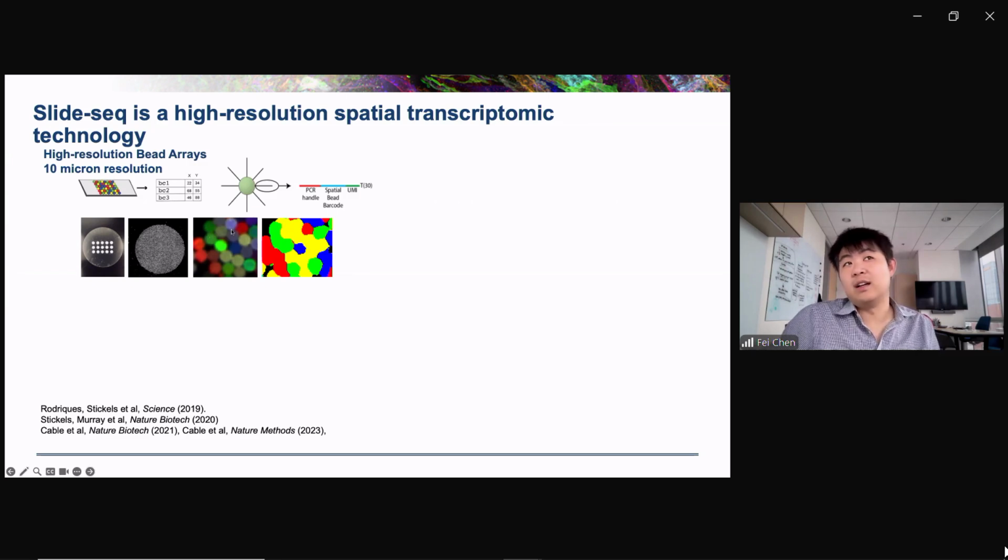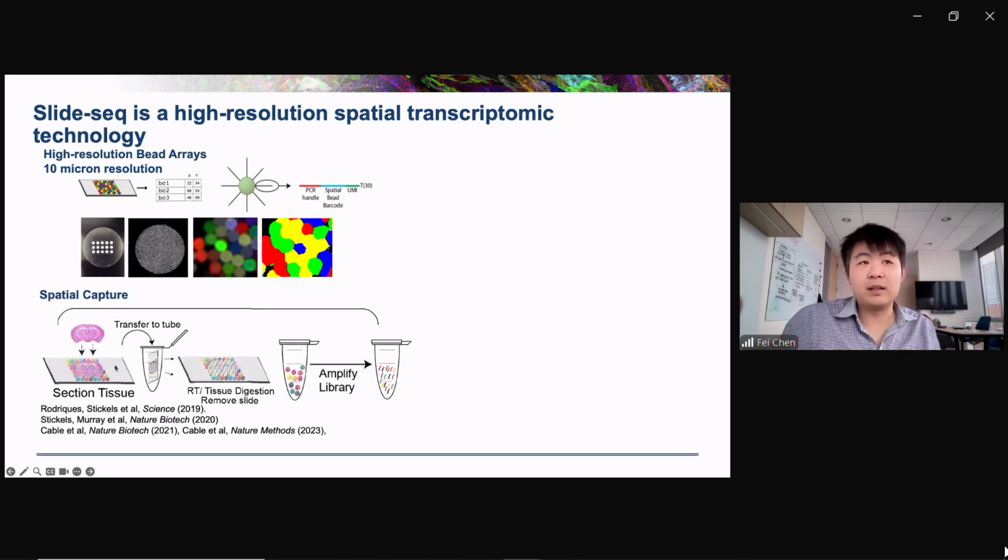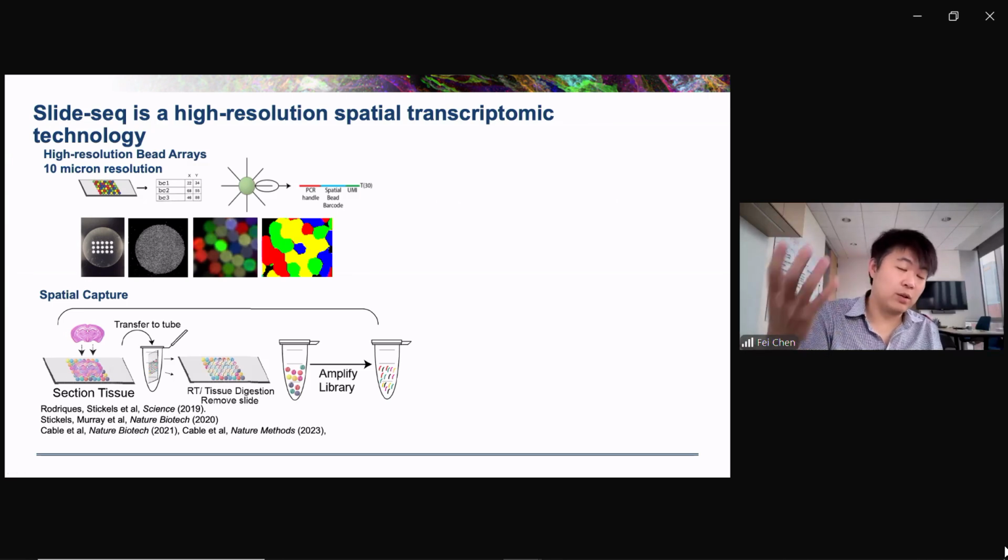So this is like one sequencing reaction, and you can see the different colors. They represent different bases, and we go and decode this barcode so that when you actually go and do the experiment, what you're doing is you're taking the tissue and you're capturing it, and the RNA diffuse onto the beads. And when you sequence them, you have the spatial locations of where those RNAs came from. And we published this in 2019, and this was at 10-micron resolution.